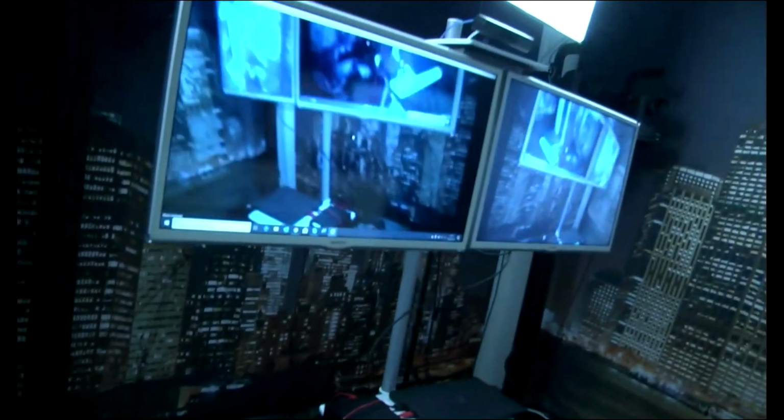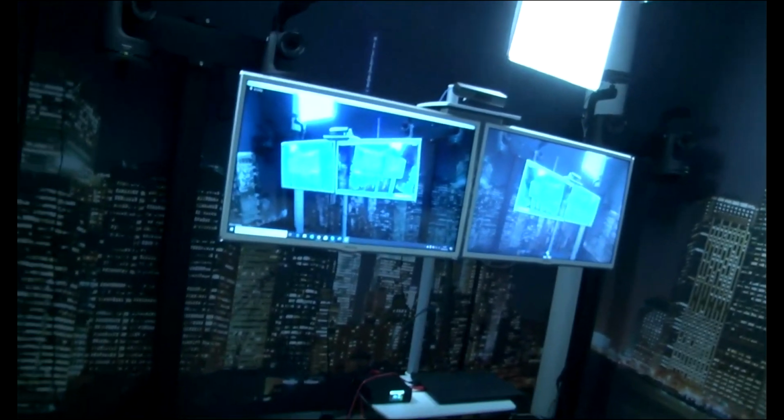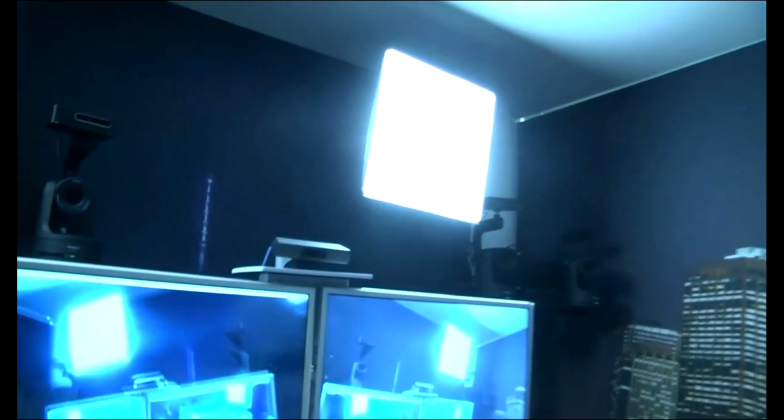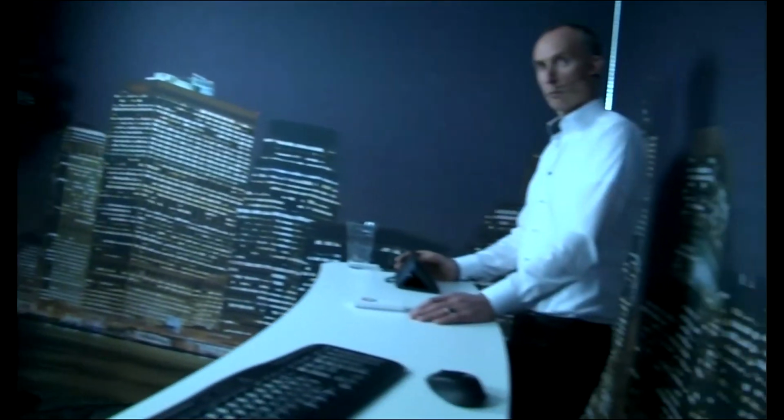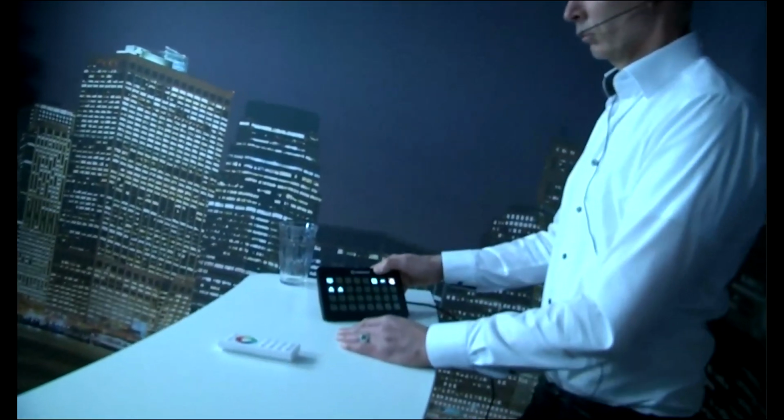They're all SDI linked, and that goes back to the server, which I mentioned. We've actually got it on the floor over here. In front of us, we have our screen so we can see what's happening. We have a camera in the middle, which gives an overview here as well. But something which might be interesting, which I can show you, is how Michelle is controlling all the